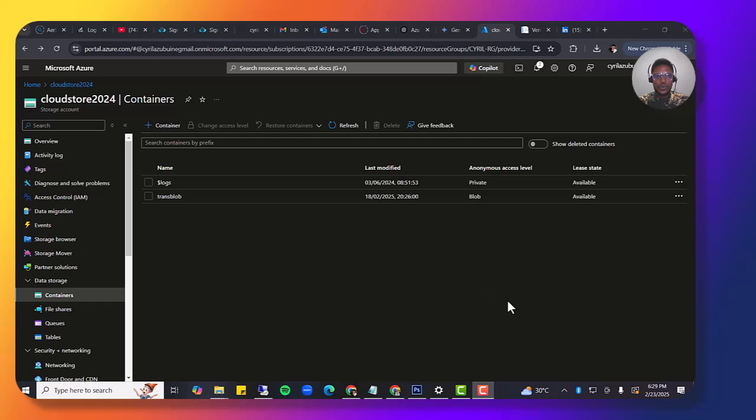All right, so welcome to the Azure portal. In this environment, we are going to create a container. We've already created an Azure storage account at this point, so I don't want to take our time in the whole creation process from the Azure environment. What we just need to do is to create a container